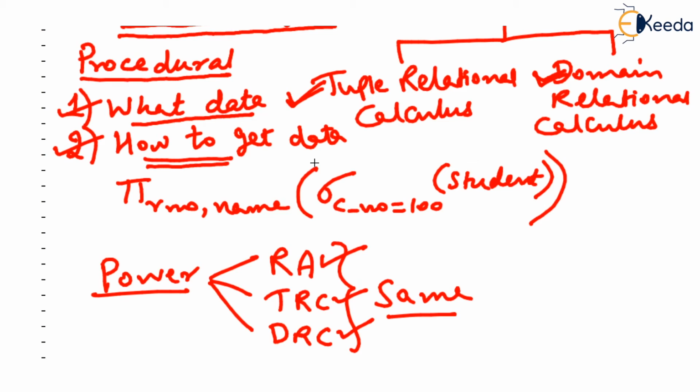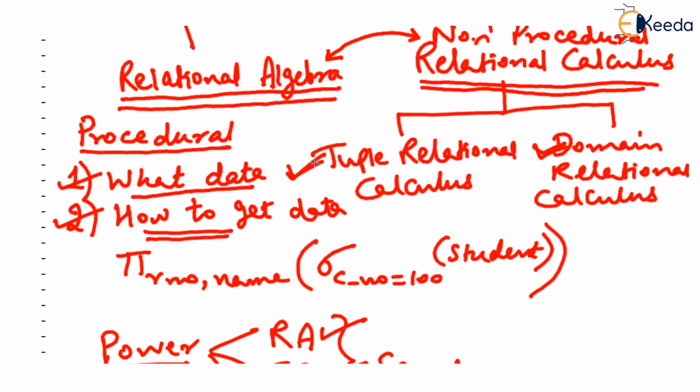Initially, we will find it somewhat difficult to understand the grammar of tuple relational calculus and also domain relational calculus. So what we are going to do is this entire chapter of non-procedural languages, that is relational calculus, is going to be divided into various videos. First we will take a look at TRC. We will go through the grammar of TRC first, try to understand various notations used in TRC, and finally we will take up some problems. So see you in the next video about tuple relational calculus.